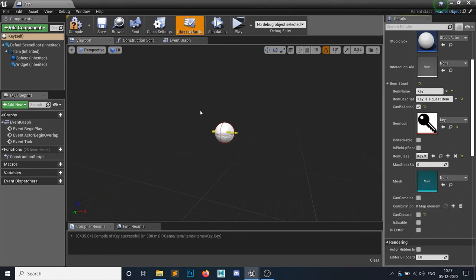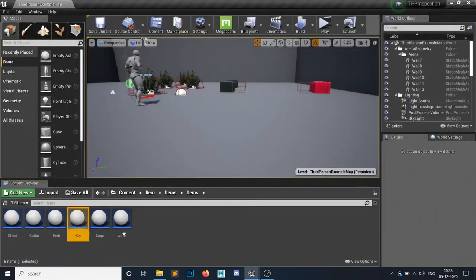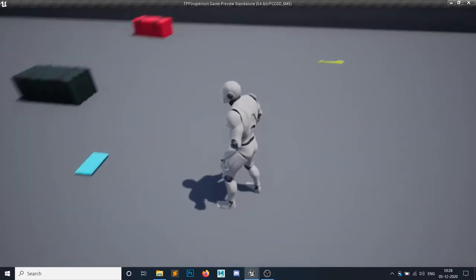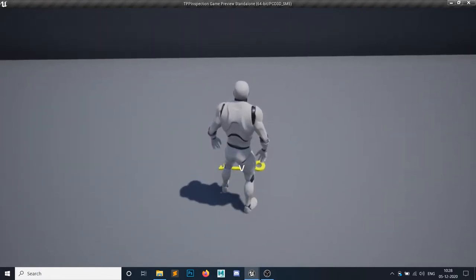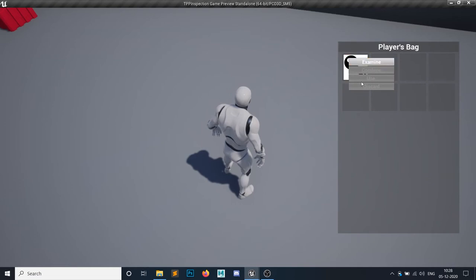Yes, it cannot be discarded. Let me create an object from this class. I will add a key, and now as you can see, we have added one key, and if I hit E, I can inspect, and then it is added, but I cannot discard it. I cannot do anything except examine.